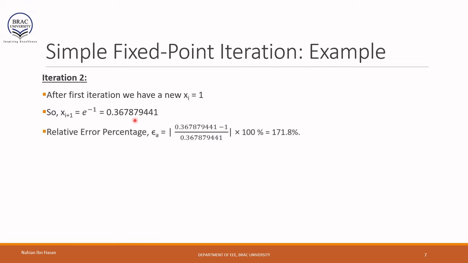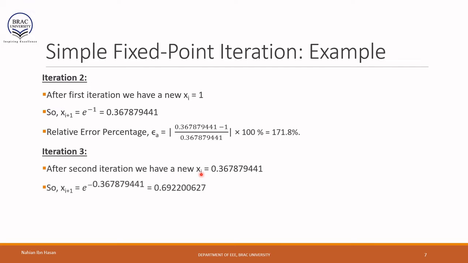Similarly, we calculate the error percentage, which is 171.8%. Oh my god, the error has increased from 100% to 171.8%. But we have nothing to do. Let's calculate further. After the second iteration, we have our new root, which is 0.367879441, and we are going to use it as our new xi in our iteration formula, which turns out to be